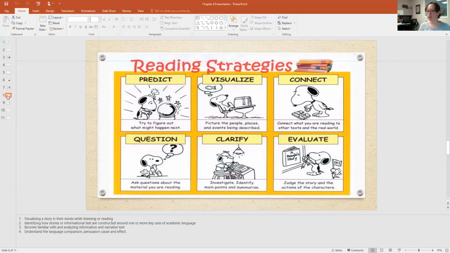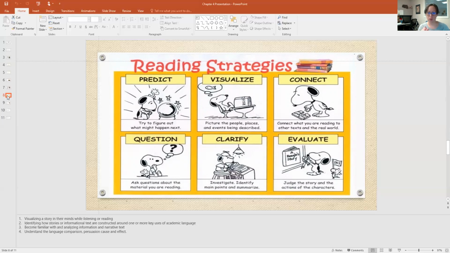it's a good idea to have children read a chapter and then say, well, give me a reflection. And as we all know, that's kind of like what we're doing right now. We're reading chapters and we're just outlining. That way, it will make it where we can go back and say, okay, so this is what it's talking about. And then we need to evaluate the story and the actions of the characters. So clarify and evaluate kind of goes hand in hand.